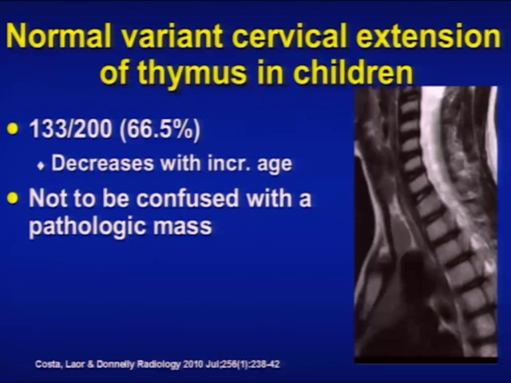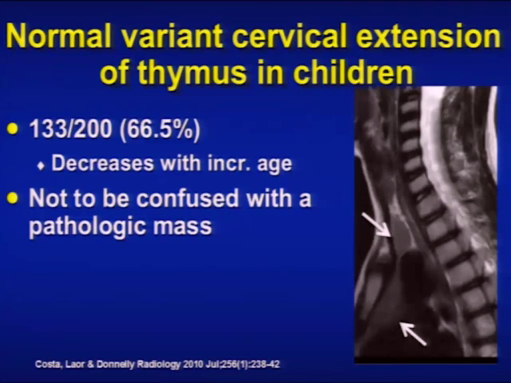Also remember that we have normal variant extension of the mediastinal thymus above the suprasternal notch, which is really common in kids. Over time, the incidence decreases as noted in this article out of Cincinnati a couple of years ago. We had a couple kids referred for a suprasternal mass, and we all thought they were thymus, and so we said, well, maybe we should look and see how many kids really have this, and they looked at chest and airway MRs to get the incidence of up to 66% of kids are going to have that extension of thymus